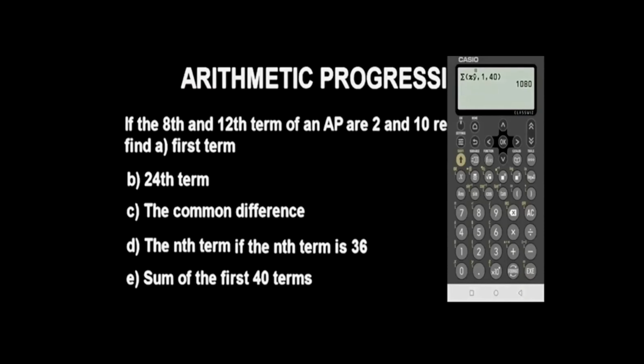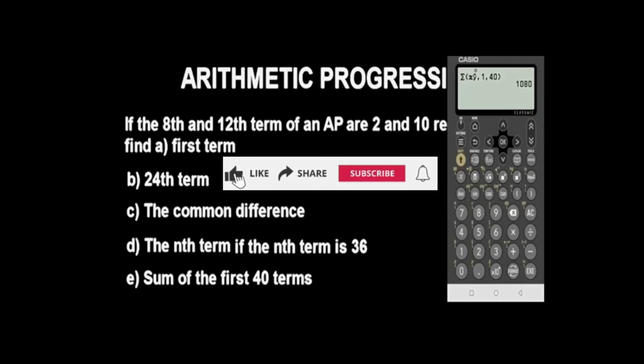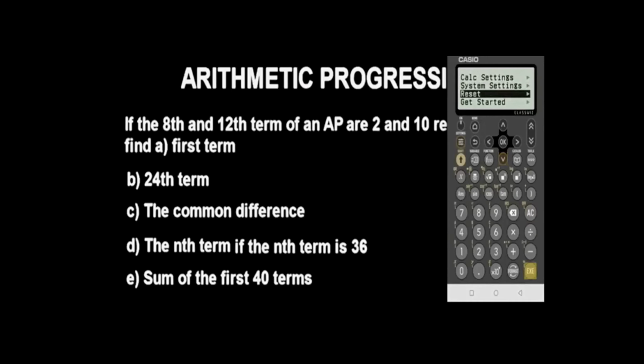So this is basically how you can do problems involving arithmetic progression fast using the Casio fx-991 scientific calculator for multiple choice questions. Hope you learned something interesting. Don't forget to reset the calculator once you're done. Just press this setting button, go for reset, execute, initialize,